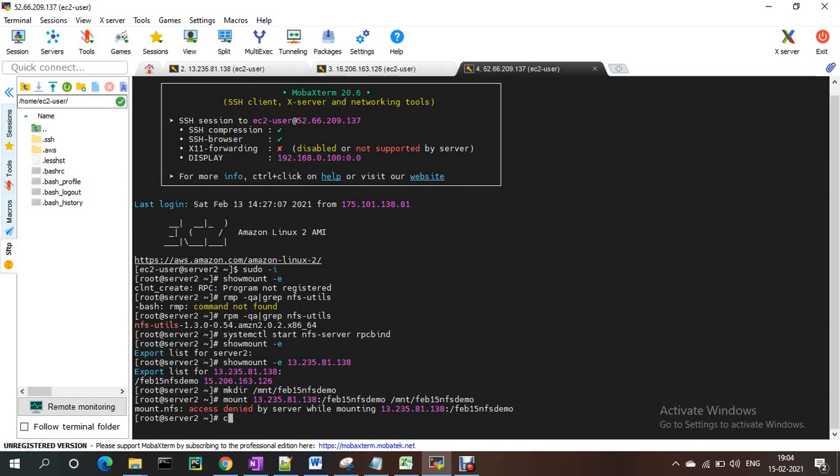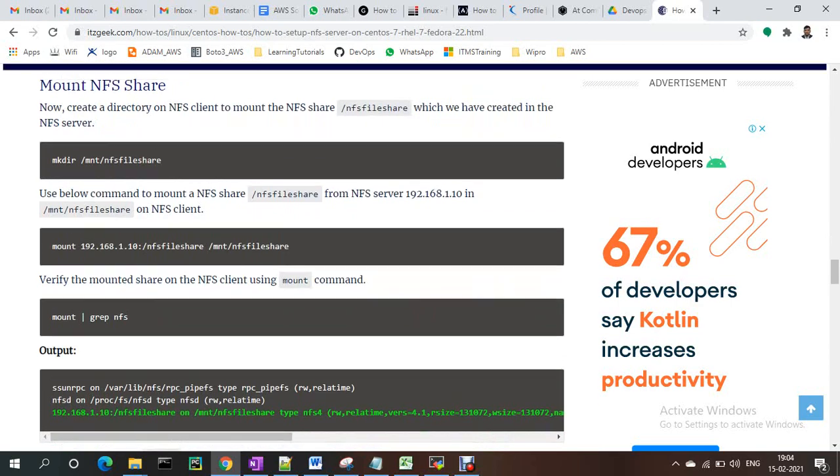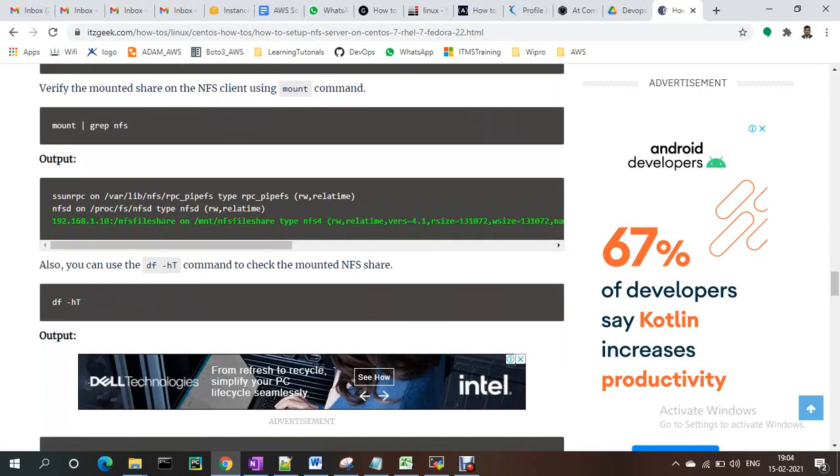See, let me check the documentation. The client, see here, this one is there.